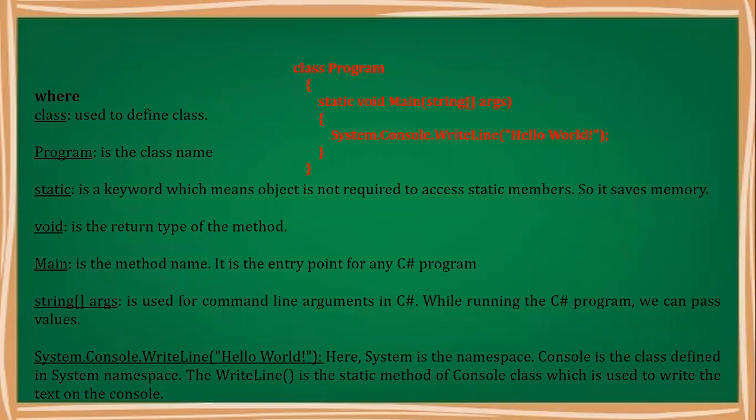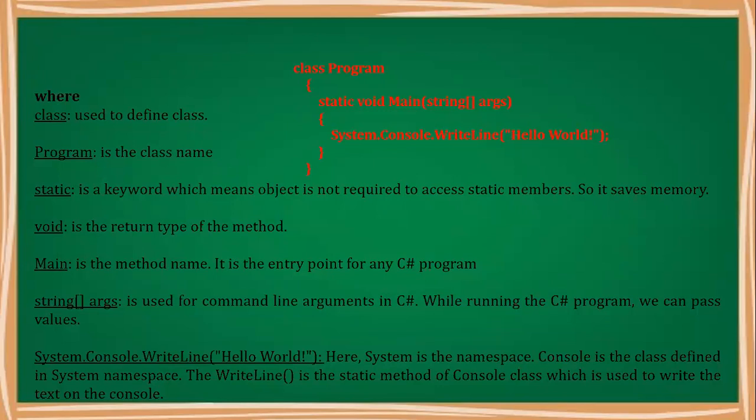Then there is a keyword inside the class to declare the Main method: static. It is the keyword which means an object is not required to access the static member. The Main method of any programming language in the object oriented concept is the entry point of execution of the program, so there should not be any need to create an object to invoke the static method. That's why the static keyword is there before the Main method. If we directly call it as an entry point and execution point, it saves memory.